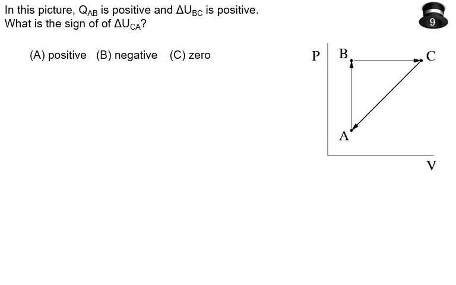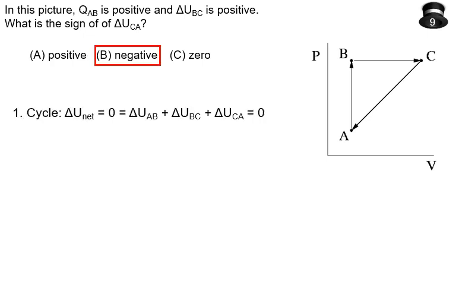I'm going to assume that you've paused and you've come back, and you've figured out that the change in internal energy for step C to A needs to be negative. Okay, so why is that? So remember, for our cycle, the change in internal energy over the cycle is going to be 0, and so that means the change in internal energy going from A to B plus change in internal energy B to C plus change in internal energy C to A